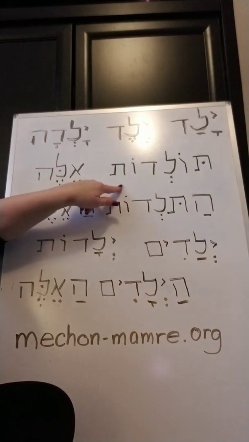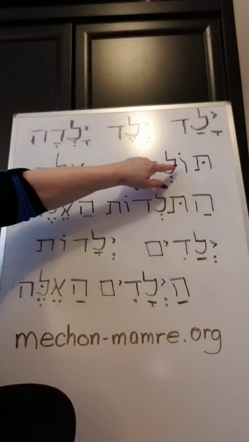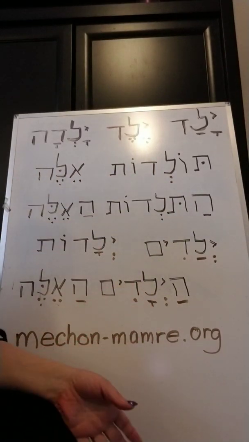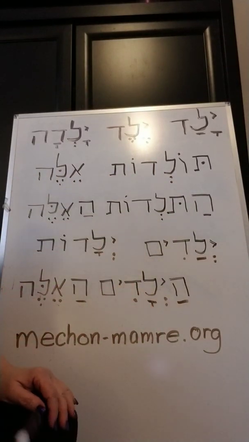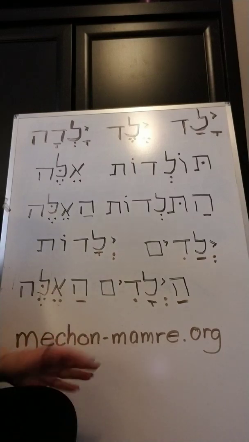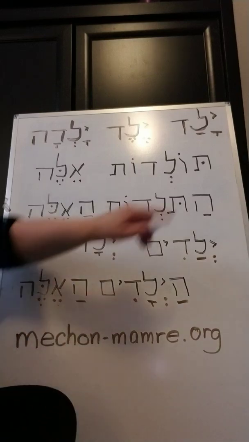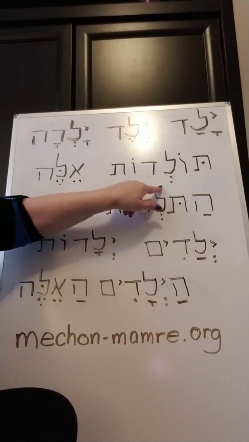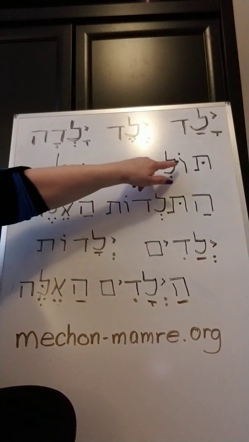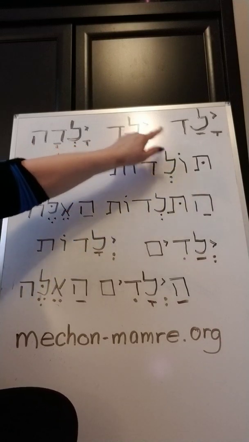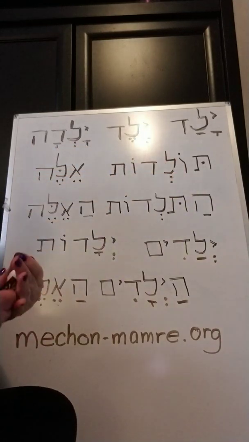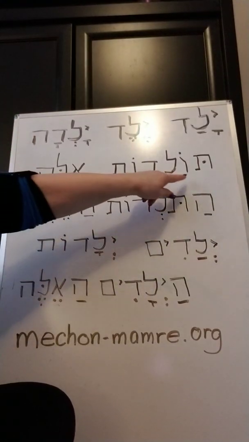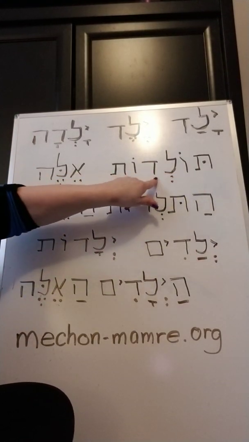This is a word. You can see that there's a vav here. The vavs and the yods in words get intermixed. So you'll have one switch to the other all the time. This is tol, there's the shva again, tol dot. But if you think of that as the yod, here's the, of course I erased it. So here is that 3-letter root.